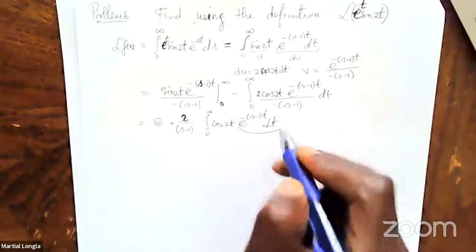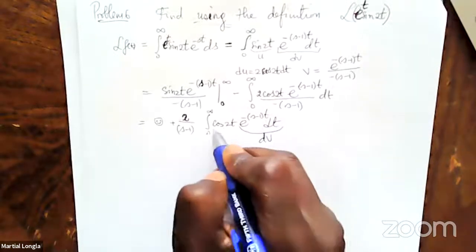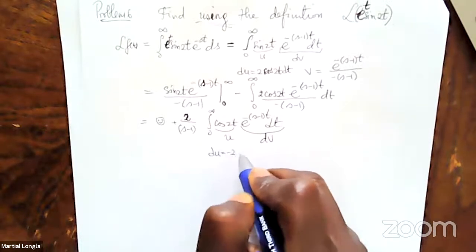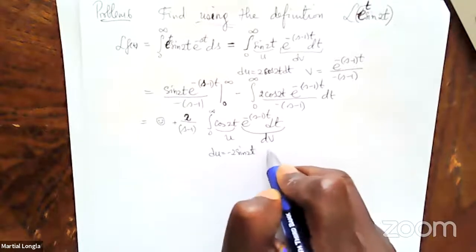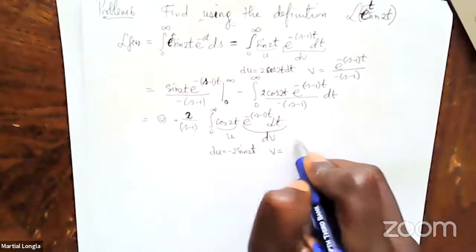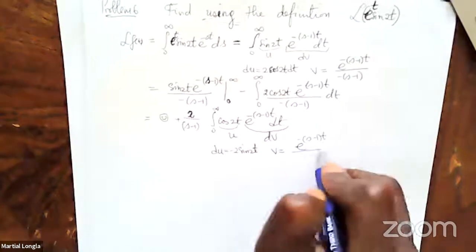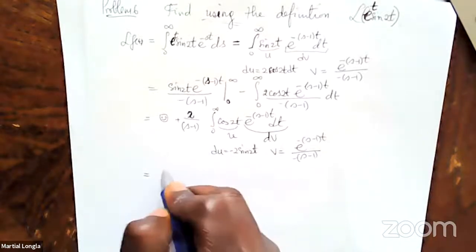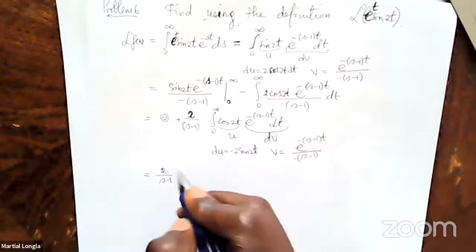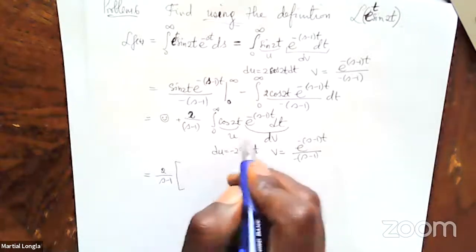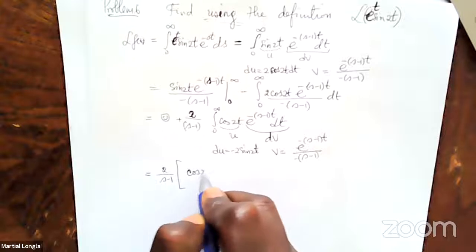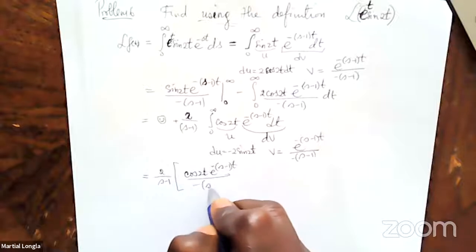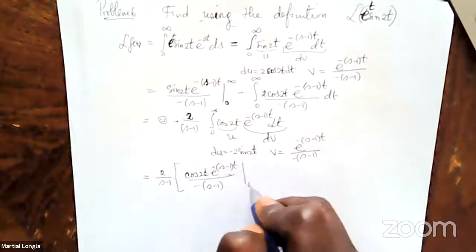And again, this continues to be dv. And now this is u. So du is negative 2 sine 2t, and v is the same as before, e to negative s minus 1 t over negative s minus 1. So the whole thing is equal to 2 over s minus 1 times uv. So that's cosine 2t e to minus s minus 1 t over minus s minus 1, from 0 to infinity,